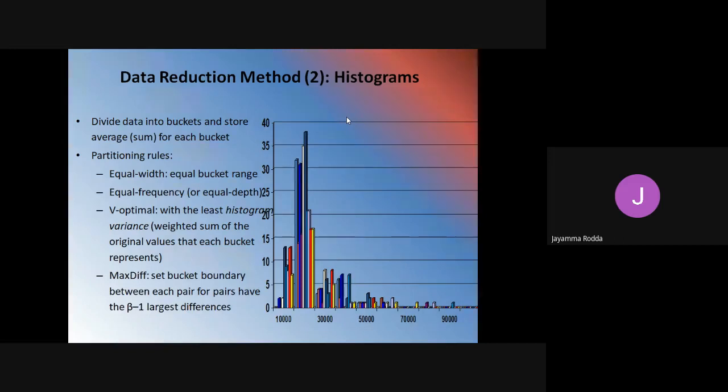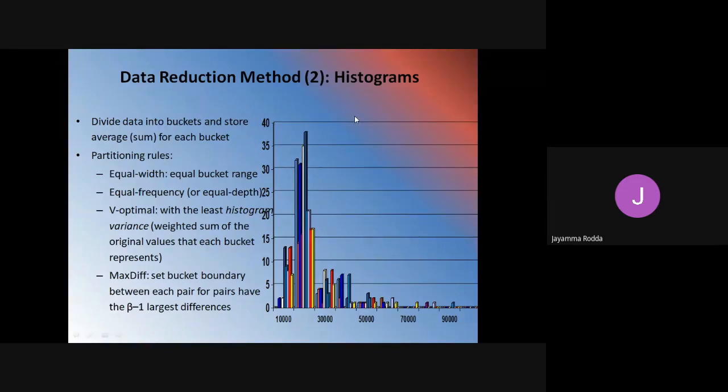If each bucket represents only a single attribute value, or some frequency, the buckets are called singleton buckets. We have done the previous example.